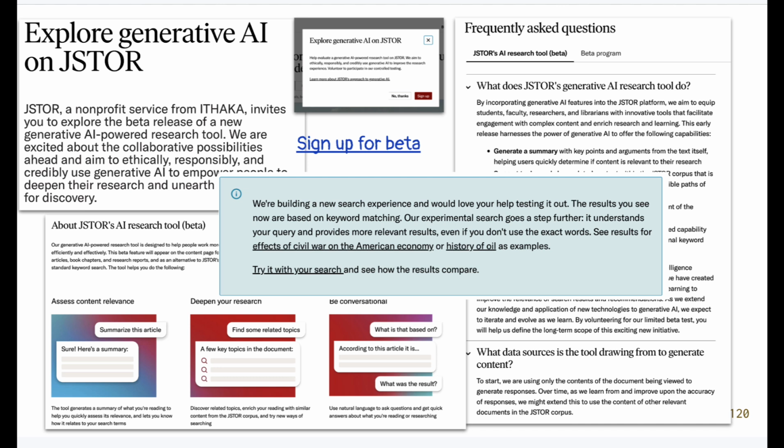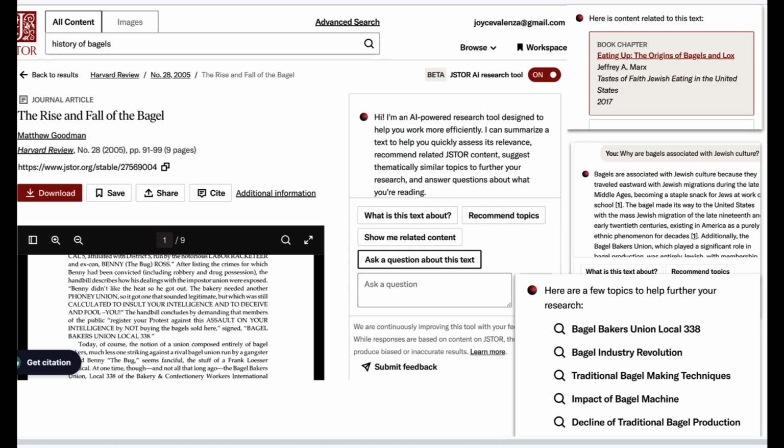But what's happening right now is that you can get involved in a beta of JSTOR's generative AI tool. This works within articles right now, but it's going to work within the search in JSTOR, and I think it's going to be very, very powerful. So you'll be able to use the Control F, if you will, to search JSTOR's huge corpus, and it's interdisciplinary. There'll be a Voices of Search video that you may see soon, and there are some screenshots of what this might look like in the slide deck.